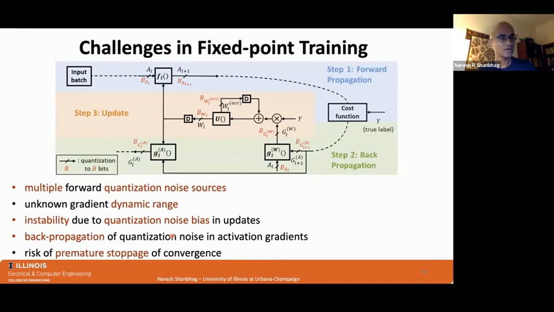Similar challenges are there when you bring in training. When it comes to training, not only do we have to worry about the forward path, but then we have to compute the cost function and propagate the gradients, both weight and activation gradients, through the network all the way back down. And so there are a number of tensors whose precision has to be determined. For example, there's the weight gradient, there is the activation gradient, and then there is the weight accumulator. Those are 3 additional tensors whose precision has to be determined if we want to do fixed point training.